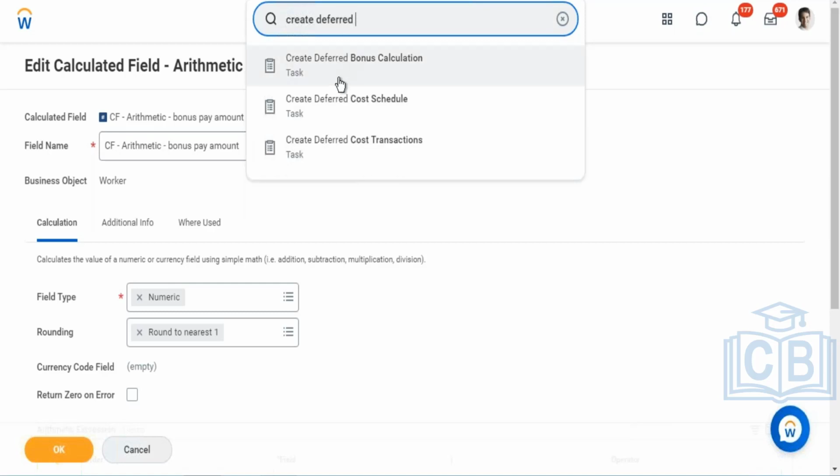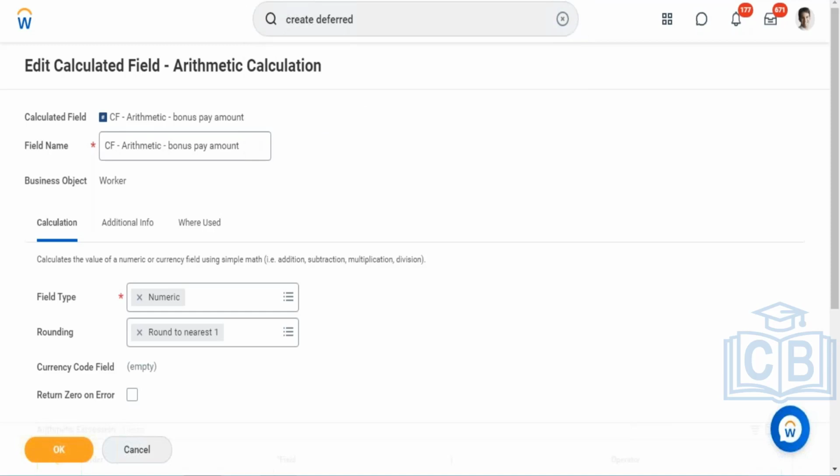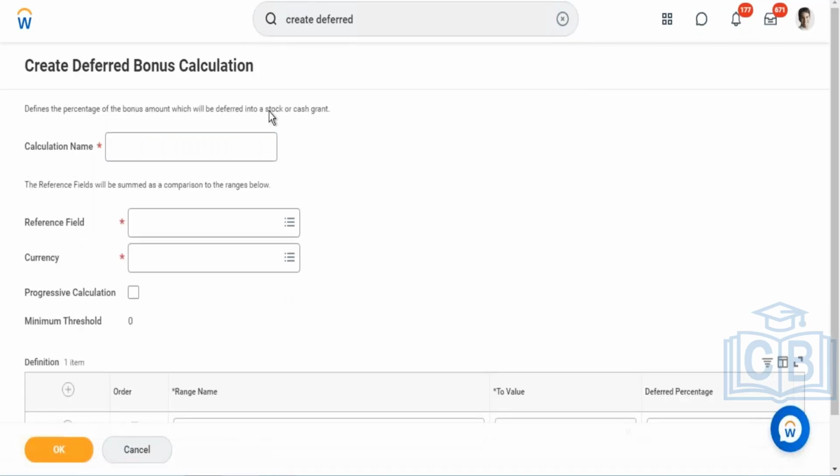Since there are multiple tasks, it would be a kind of tedious activity to remember. But yeah, this is the flow which we'll be following whenever you want to configure any kind of